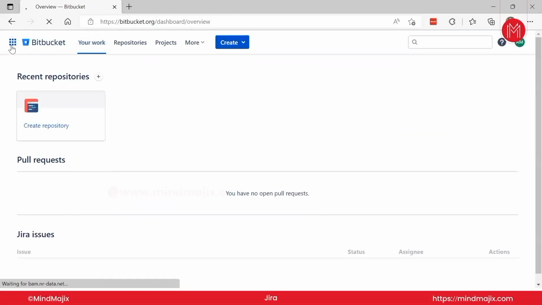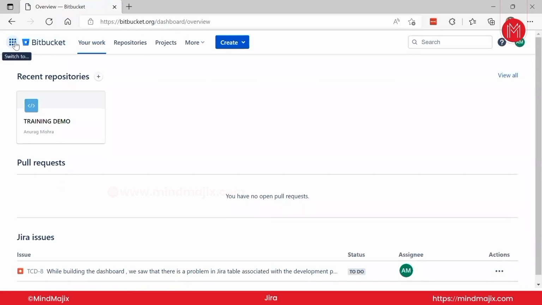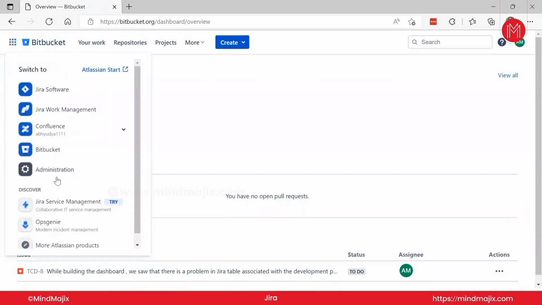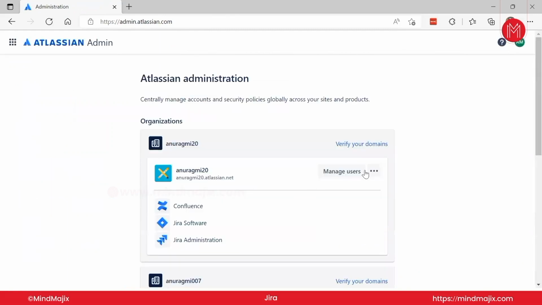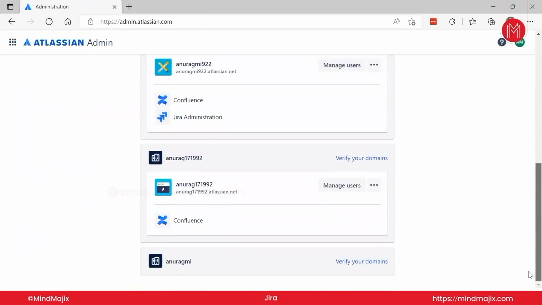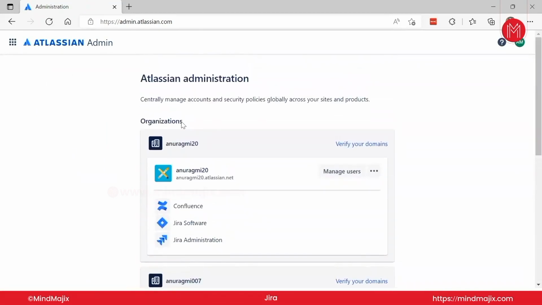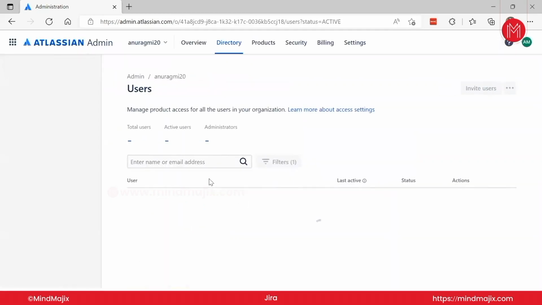Now we go to our next training, which is Jira Administration. Centrally manage accounts and security global policies across your sites. So these are a few of the Jira administration pages which have been created. So I go to this one,